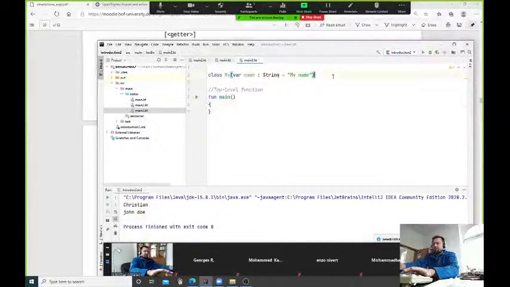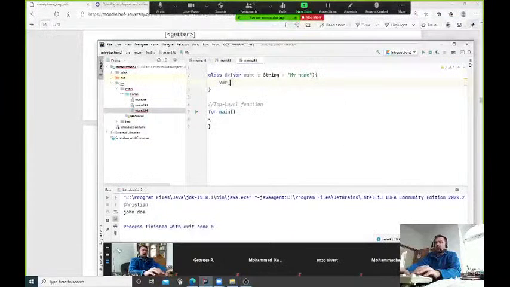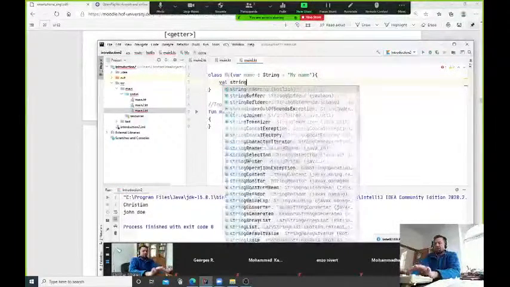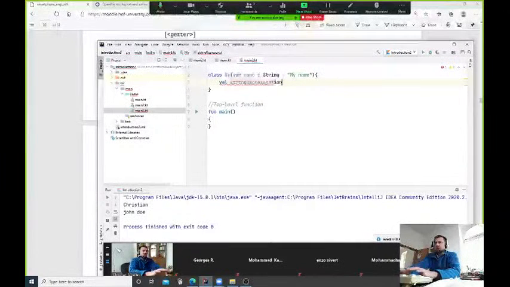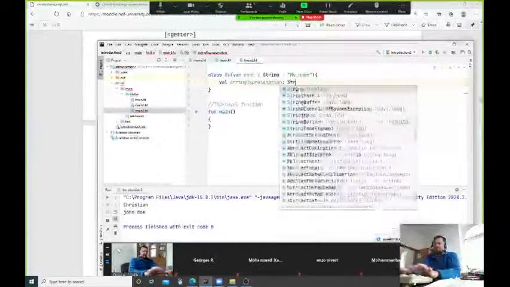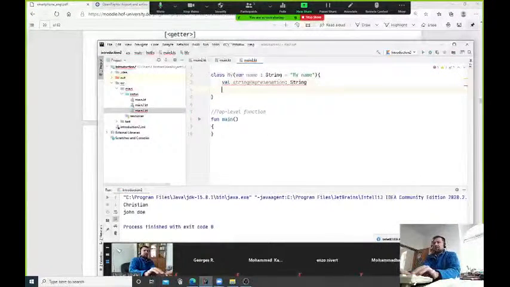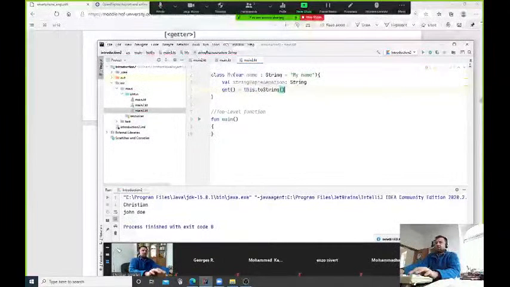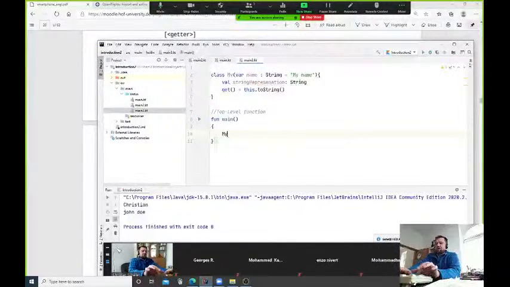We could add a value, or first a value string representation, and this string representation is a string, and this string has a get method, and this get method is defined as this toString. Now my class has a string representation, gives us the standard string, and we could write now a new object